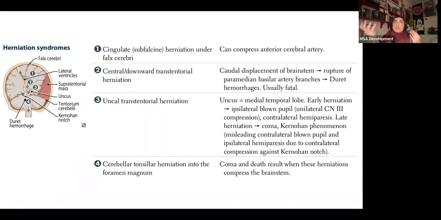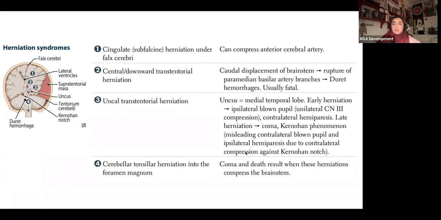We know that when there's herniation, because it's happening on one side, we can have an ipsilateral oculomotor or cranial nerve 3 palsy or compression. Cranial nerve 3 compression can lead to a blown pupil, and it can lead to problems in eye movement as well, except abduction and whatever the trochlear nerve does, unless the trochlear nerve is also affected, but typically that's not always the case, okay? And it can lead to something